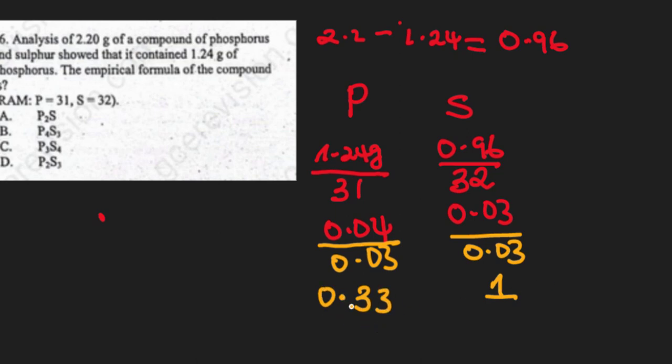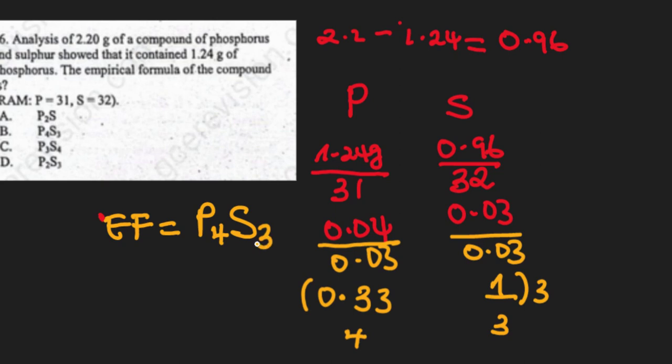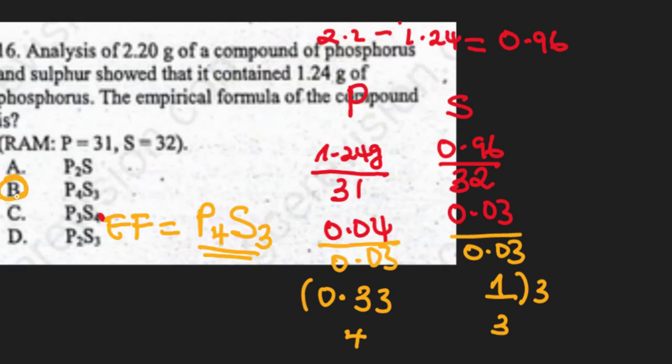Now this has no equivalence, so we are going to multiply all through by a factor of 3, so that we are going to have here 4, 3. Now our empirical formula is going to be P4S3, and as we have that, our answer is going to be B from here,